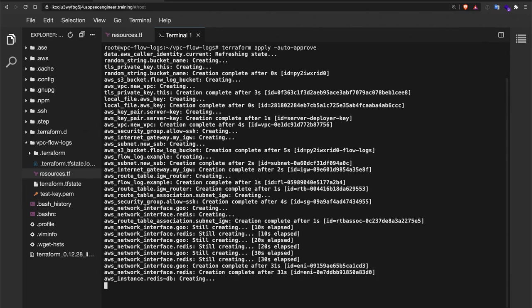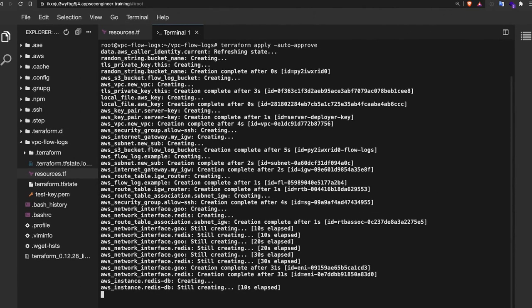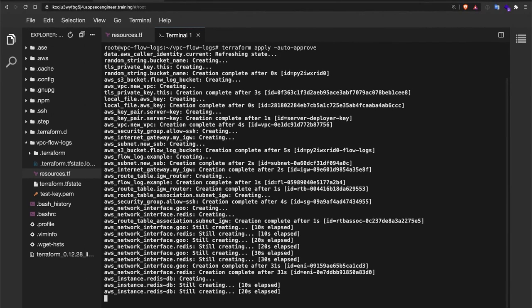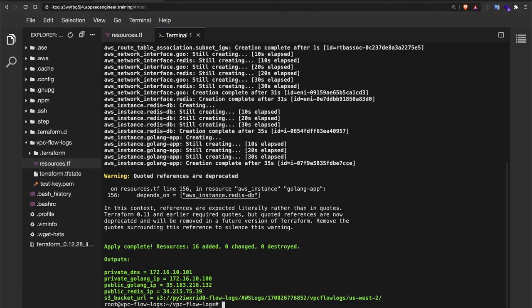So it seems like some test configuration has made its way to prod, and this could result in that server getting compromised. Now let's see how we could potentially compromise the server. So all of this is getting created. We're going to wait for it to finally get done, and I'm going to fast forward to the point where the stack has been completely deployed. Now the stack has been completely deployed.